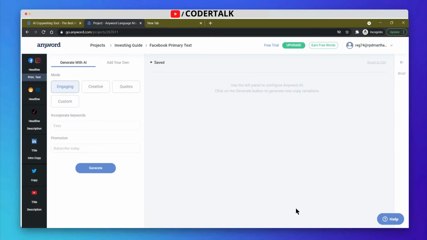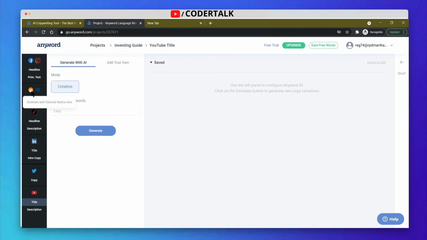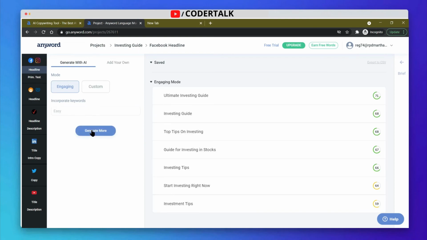You can see this. You can also promote your content using this on various social media platforms like YouTube. Promote your content with Twitter and LinkedIn or Facebook headlines or Outbrain and Taboola. You can also use it. So I'm just getting content for my Facebook headlines. Let's see, click on generate. So I can promote my content very easily in a more effective manner.